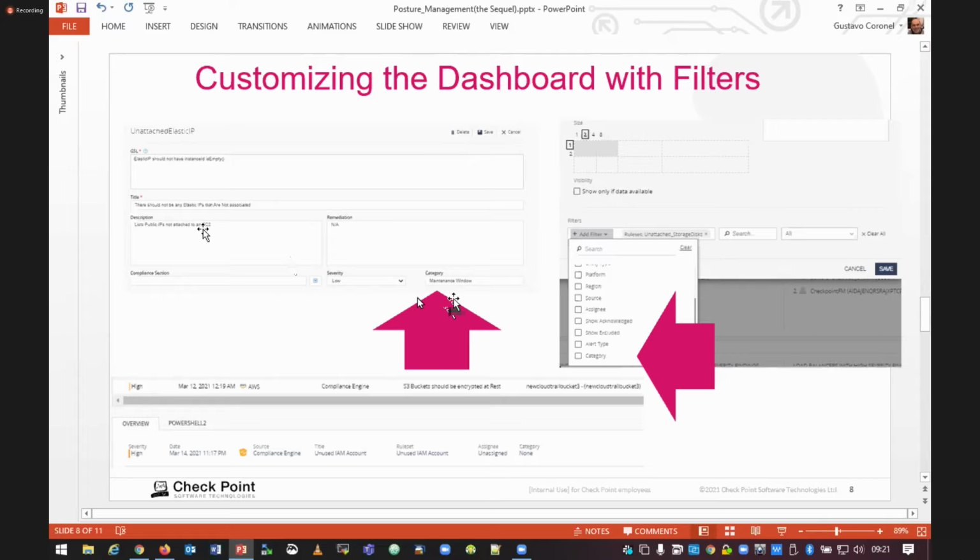So instead of having a single rule per rule set or per dashboard widget, I can have a dashboard rule set that has multiple rules in there that I want to query, but then have very unique categories for each one of those items. That category could say things like maintenance window. If I want to be able to list them on the things that should be on the maintenance window, it could have